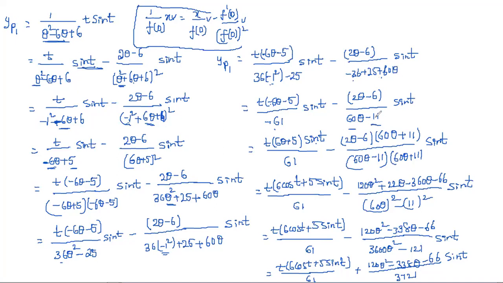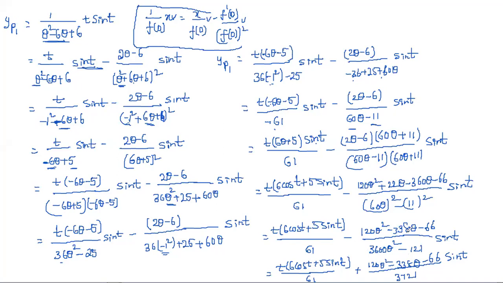We can't apply the direct method, so for that again we are rationalizing this denominator. So with the sign plus, 60 theta plus 11, 60 theta plus 11, and I multiplied these two. In the new denominator a square minus b square, and we substituted in place of theta square minus 1 square. So after substituting, minus 3600 minus 121. Okay, so that is nothing but minus 3721, but here there is a minus, so that becomes plus.